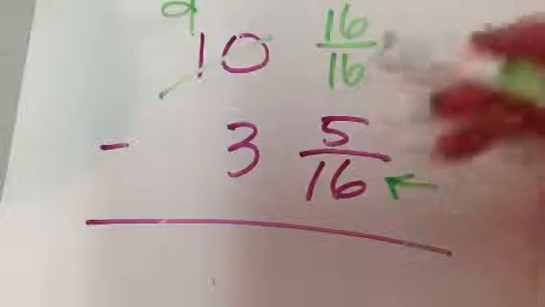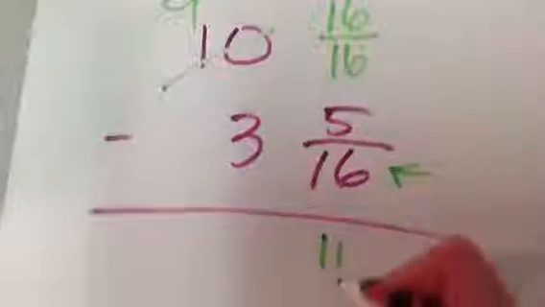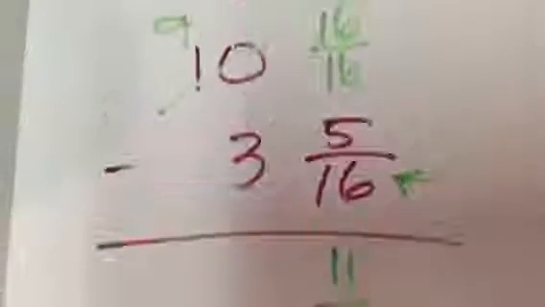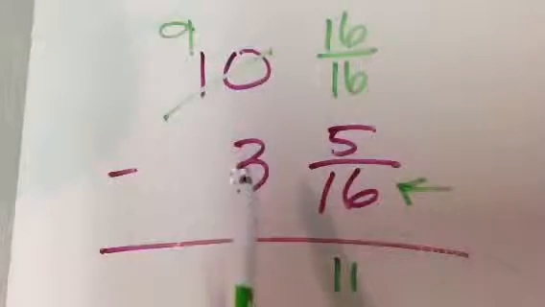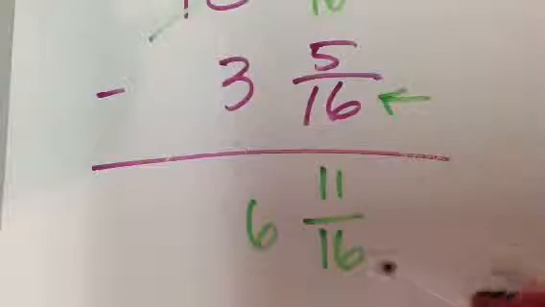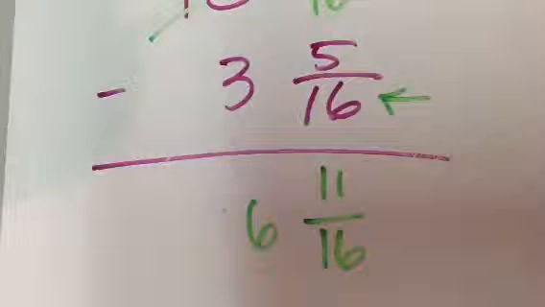16 minus 5 is 11. My bottom number stays the same, right? Now I have 9 minus 3, which equals 6. So then I have to ask myself my 2 questions, right? Number 1, is this a proper fraction? And the answer is yes, it is a proper fraction. 11 is smaller than 16, so it's proper. My second question is,